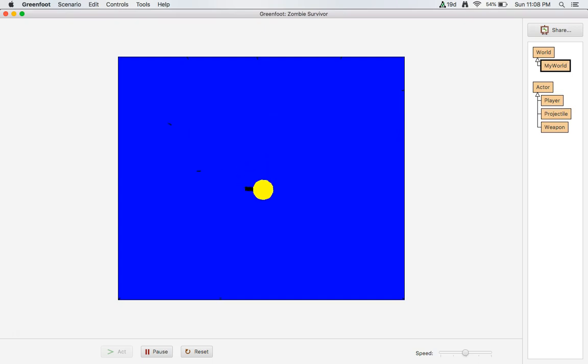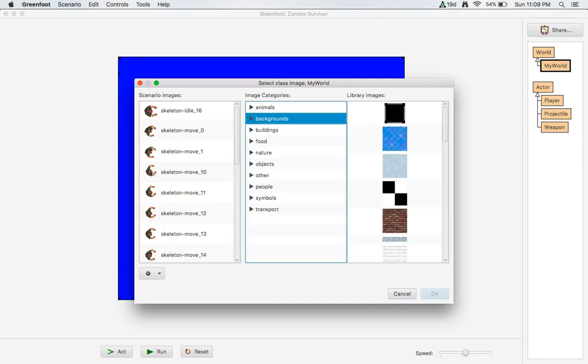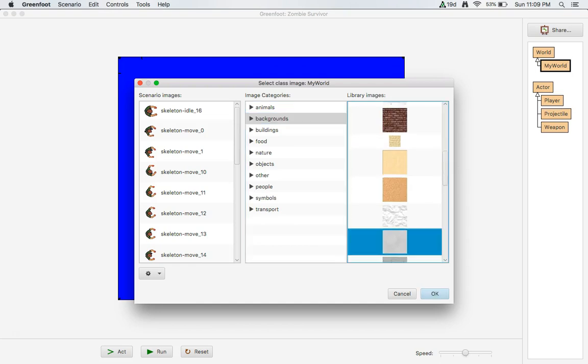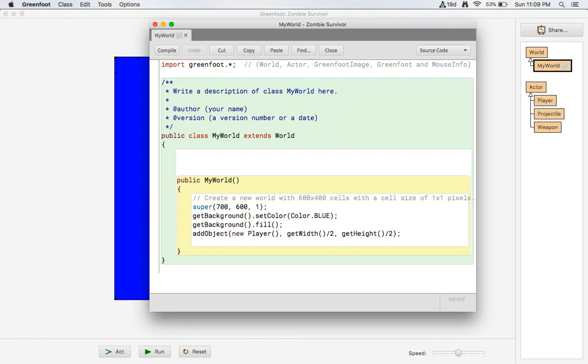If you were here last time, you should be to the point where you can have your player rotate, you can fire your projectiles, and you can turn and follow the mouse and fire by clicking. If you haven't done that, go back to part 1 and get that done, and then we're going to set our background image to something so it looks a little bit better. The blue, you can leave it blue if you'd like,